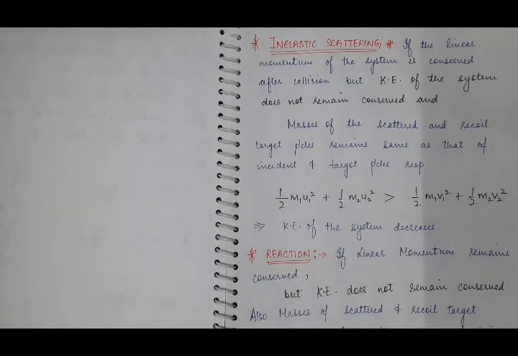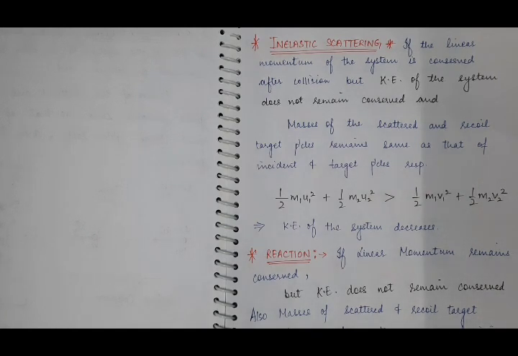Then next comes inelastic scattering. In case of inelastic scattering, linear momentum of the system remains conserved, but kinetic energy changes. So kinetic energy of the system doesn't remain conserved after collision. And as it is a scattering, the masses of the scattered and recoil target remain the same as those of the incident